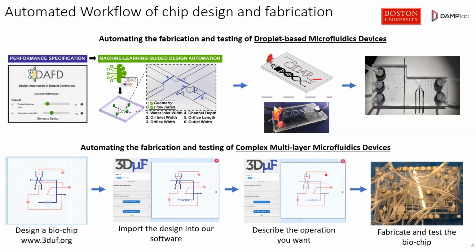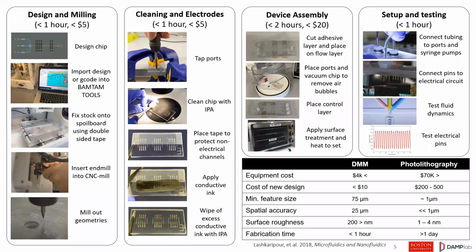So you don't have to worry so much about what's going on in the control flow layer. You just make them all together, and you get these pretty devices in the end. Right. So then, just to give an overview of the fabrication, not with the purpose of explaining every single step,